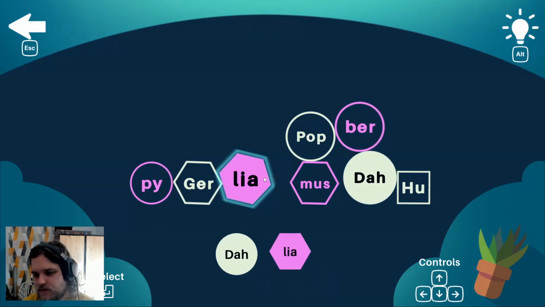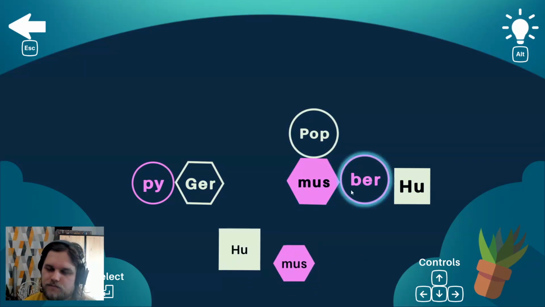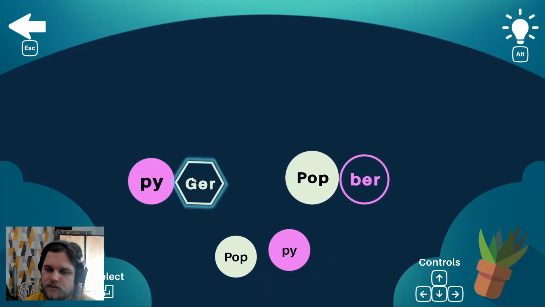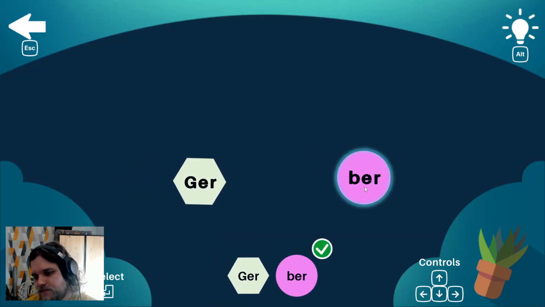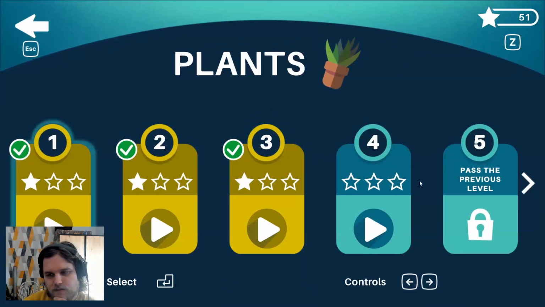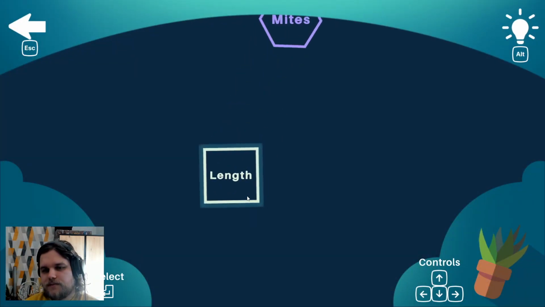Dahlia. Hummus. Poppy. A Gerber. Okay. The fourth level will bring